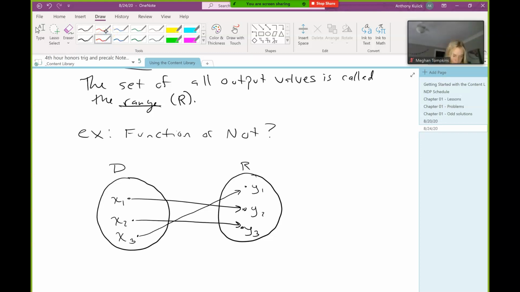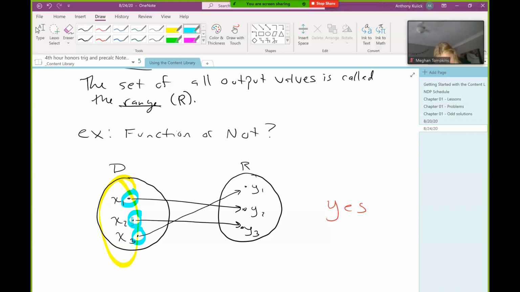So does this relation represent a function? Yes, right? There are two things we need to check. The first thing we need to check is to make sure all the inputs are used, which they are, right? Everybody agree with that? Because they all have an arrow coming out of them. And then we need to check that all of the outputs have only one, or I'm sorry, we don't care about the outputs at all. So we have to care about if the inputs are all used, and we have to make sure that each individual input has only one arrow going from it, right?